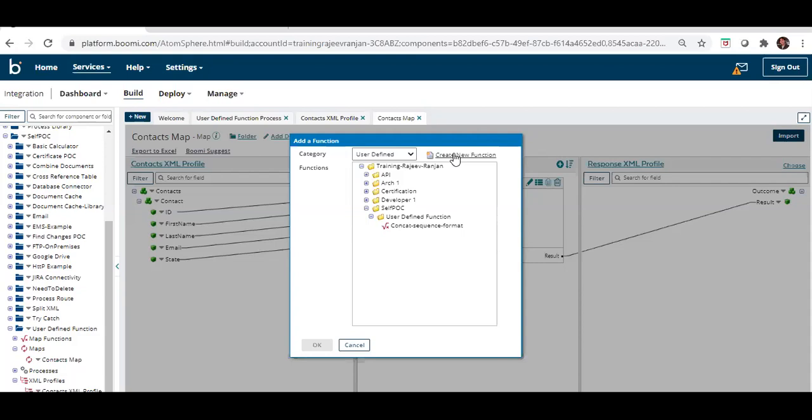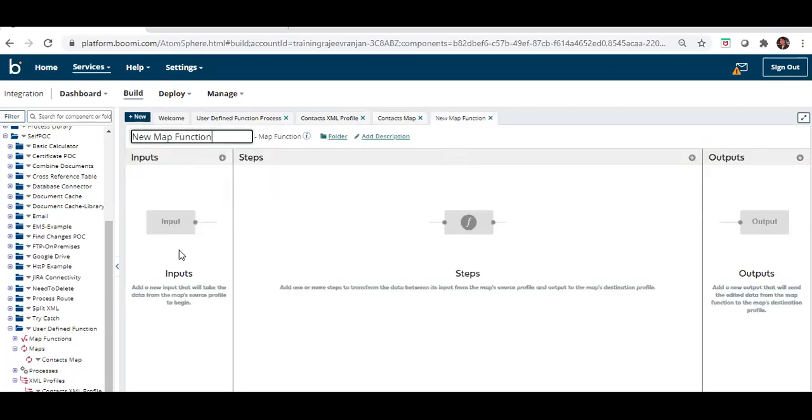So how can this be created? It can be created with this create new function option. Here you need to give your input and the operations. This is the place where you can use the existing, already available Boomi provided functions, and using them we can create our custom functions.